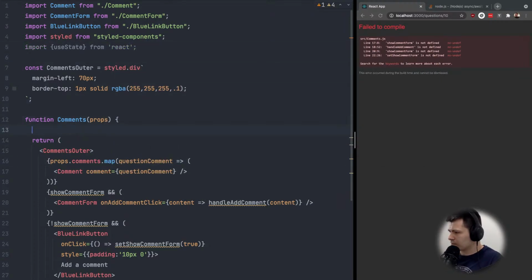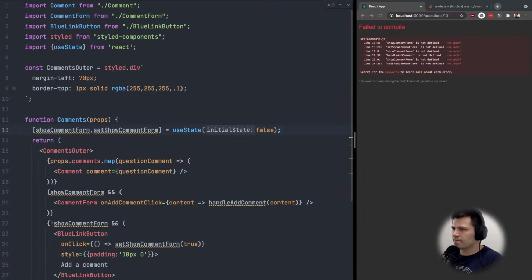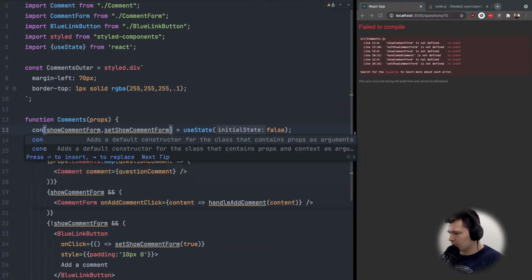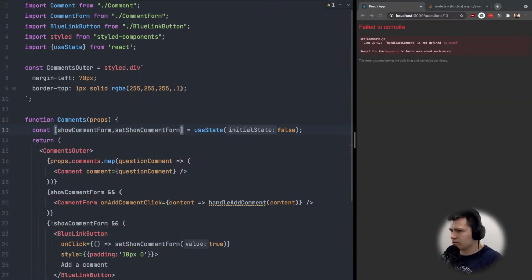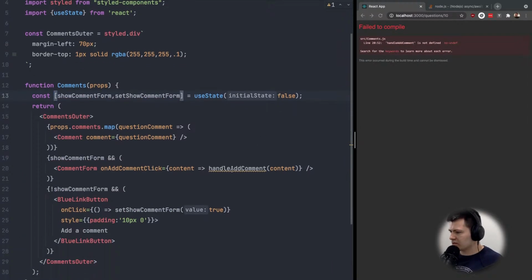Yes, and the first will be show comment form and set show comment form, and useState default will be false, and let's add const here at the beginning. Yeah, now it's my error. Now the only problem is that this one is not defined,